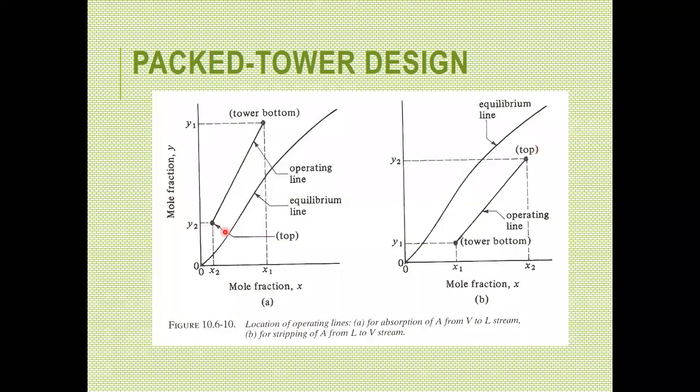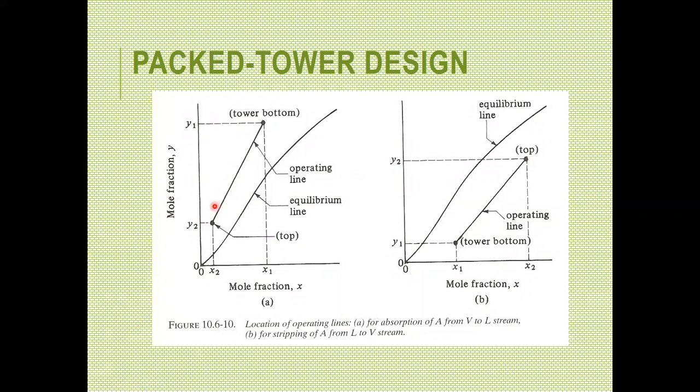The other one is the reciprocal of the first. The absorption is the reciprocal of the stripping. In terms of location, they are also the inverses of each other. But the way you number your columns should not be changed. Bottom is still 1, 2 is still top. So don't forget that. They will just interchange in the manner of the way they are plotted, but the numbering of the column should never be changed. In the orientation of McCabe, in the case of numbering the streams, 1 is at the bottom, 2 on top of the column. What's the importance of this?